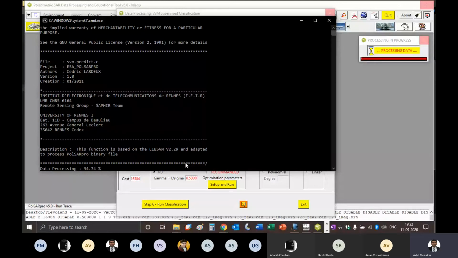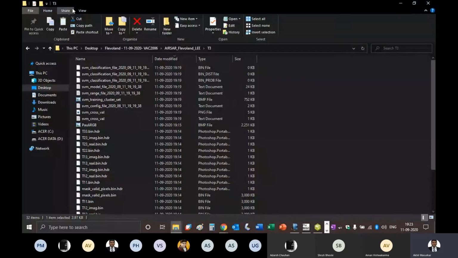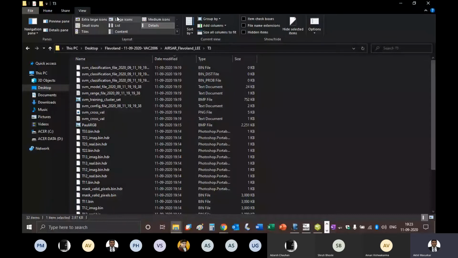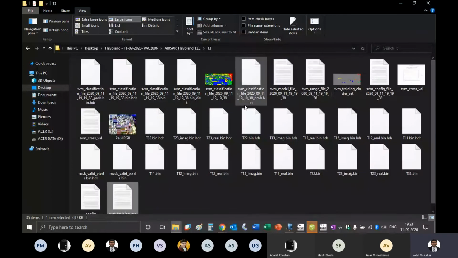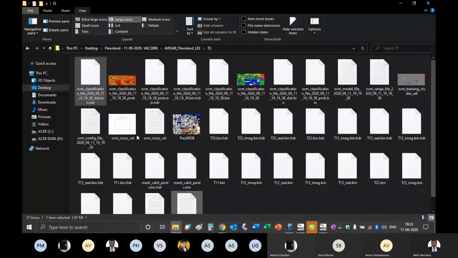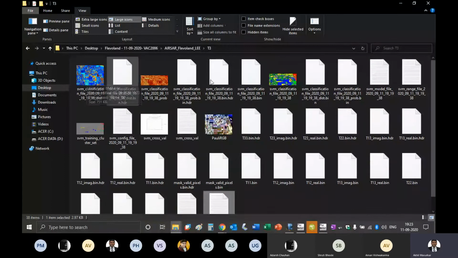So it will be done within no time. Let me keep my folder ready here to just see what's coming there. Okay, so I have got my classification file. Okay, so I've got the SVM classification file.